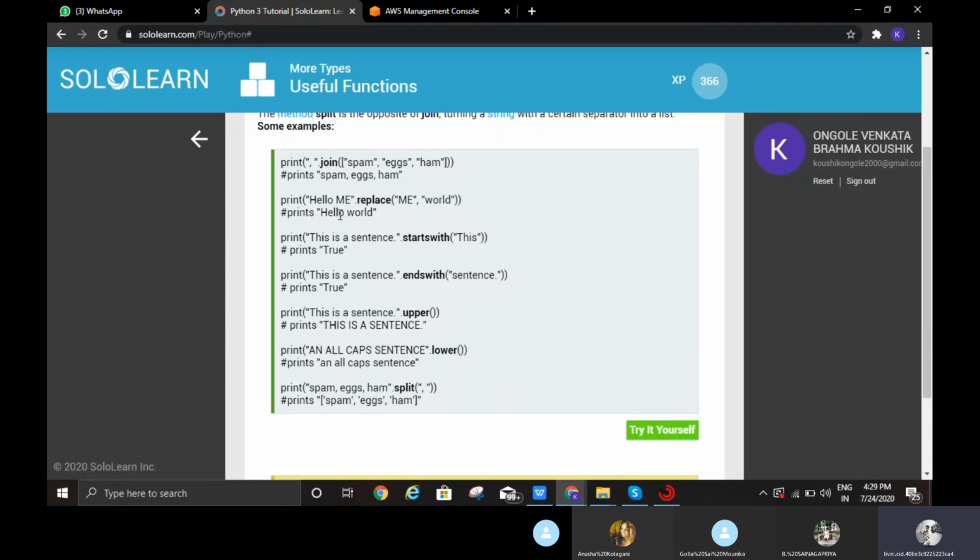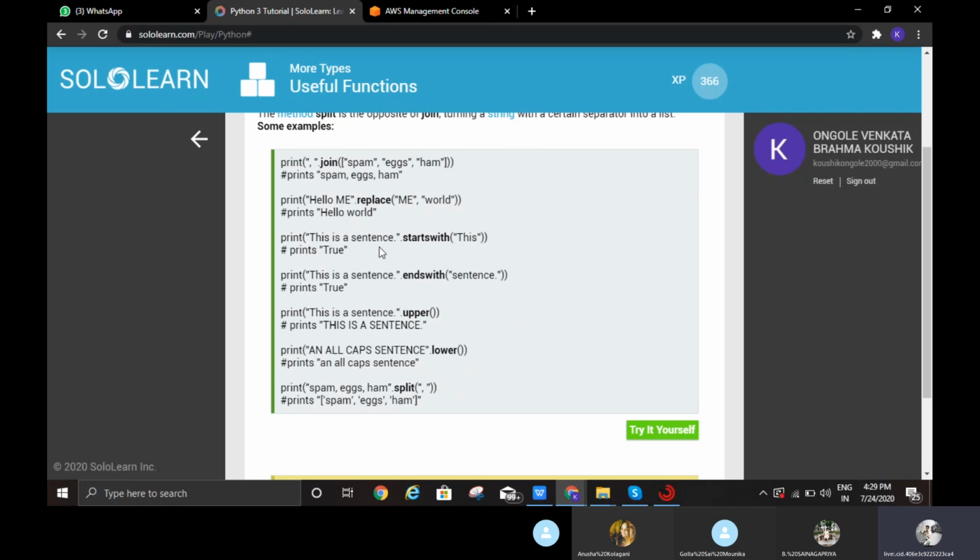And here print "hello me".replace. If you want to replace the name, we can use the replace method. Here "me" should be replaced with "world". Then it prints hello world. Here me is replaced with world by using the replace function.